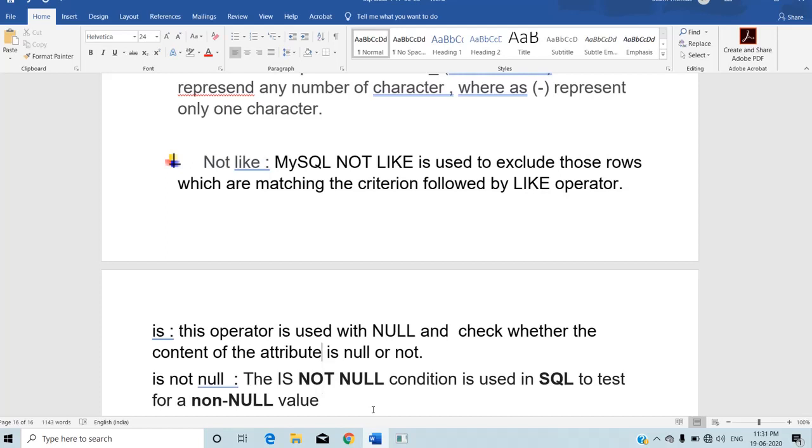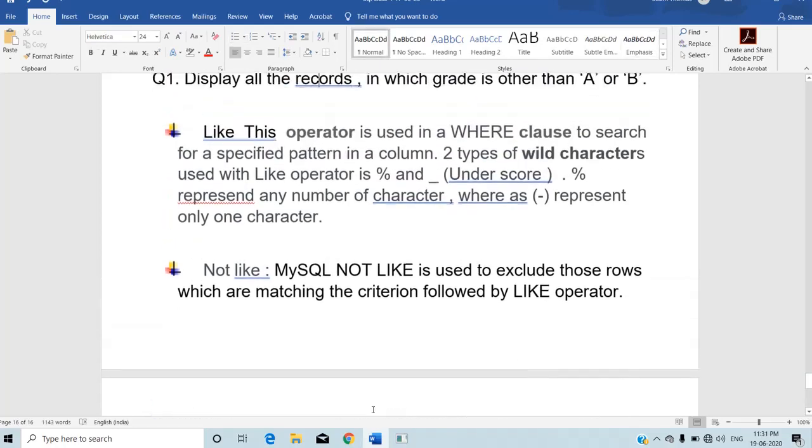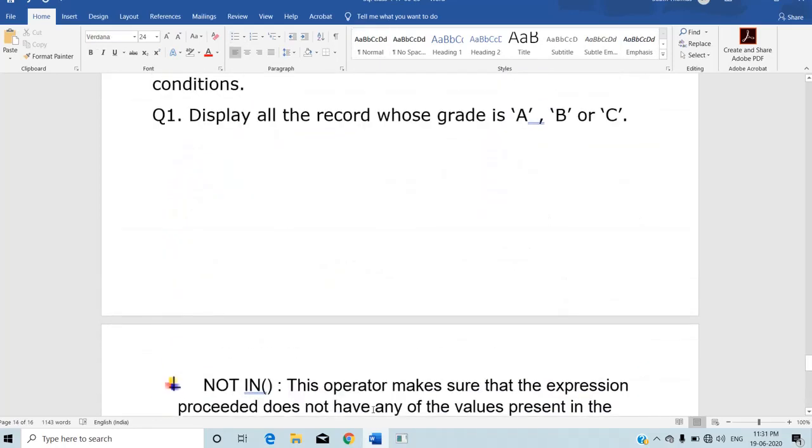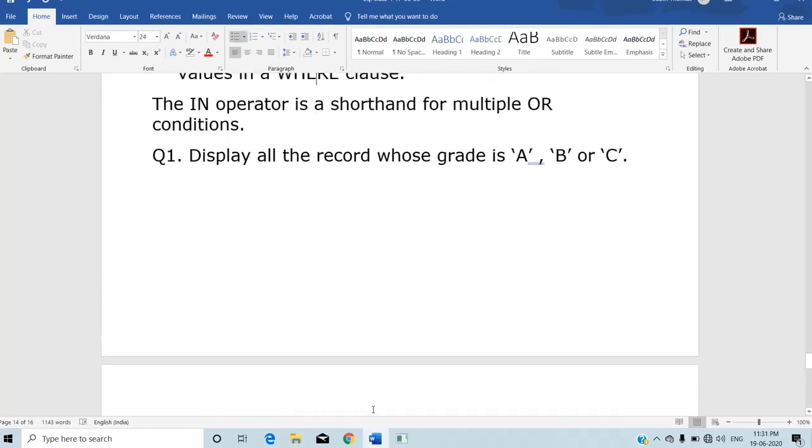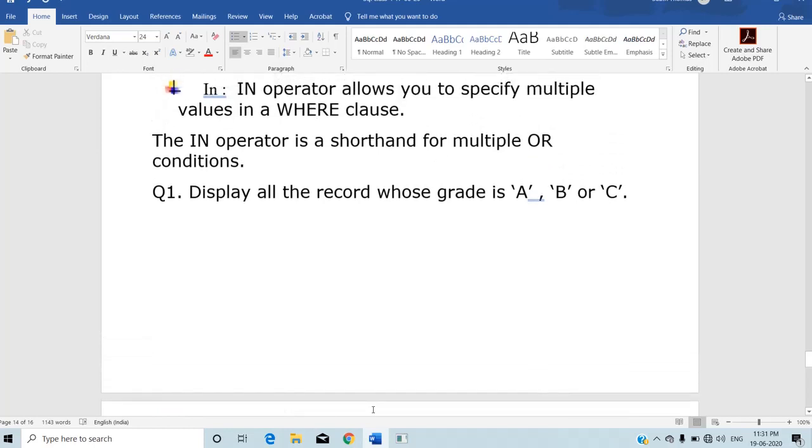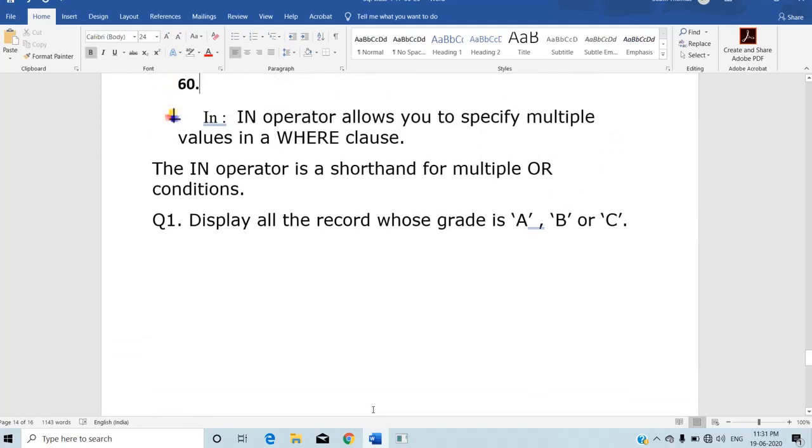Keep it in mind that the IS operator is used along with NULL. LIKE is used for pattern matching. IN is used to check a condition for specified values which are given as the argument.